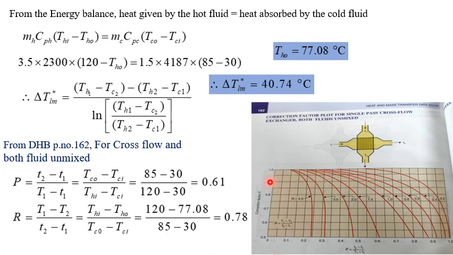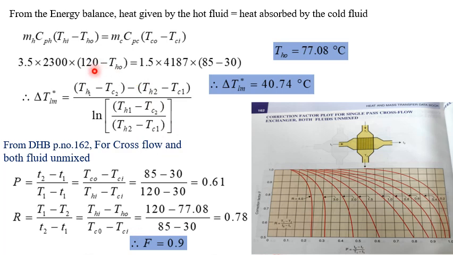You can note down the y-axis value by drawing a horizontal line towards the y-axis. So F is equal to 0.9. The corresponding value is 0.9 somewhere here. So it locates 0.6 and 0.8 somewhere here, and the corresponding value is 0.9, like this. You have to mark. Okay, once you find F, and once you know delta TLM, and then you already have the given area,